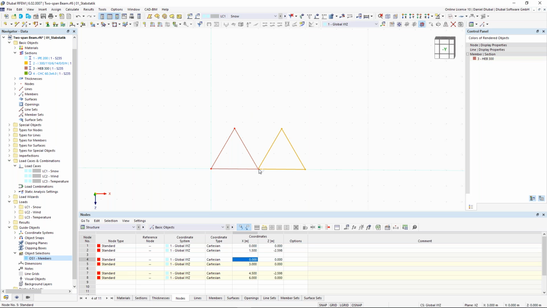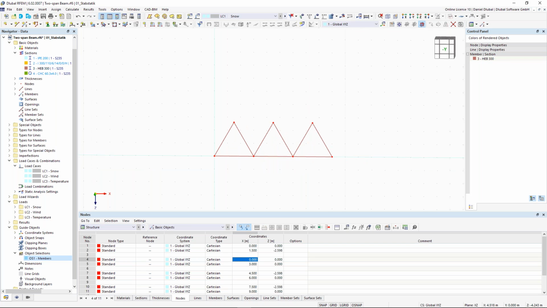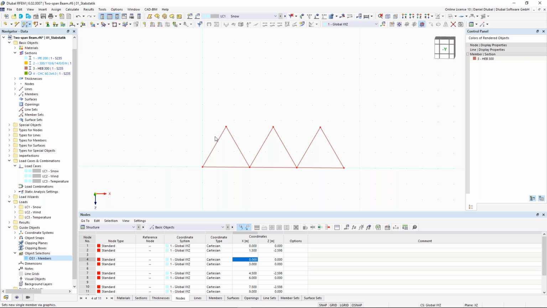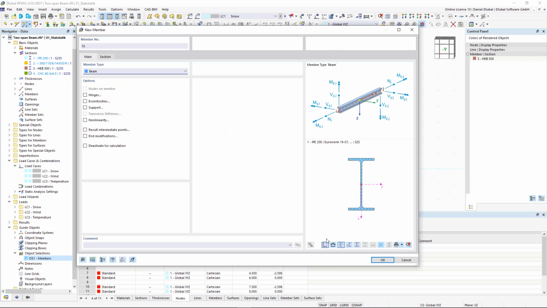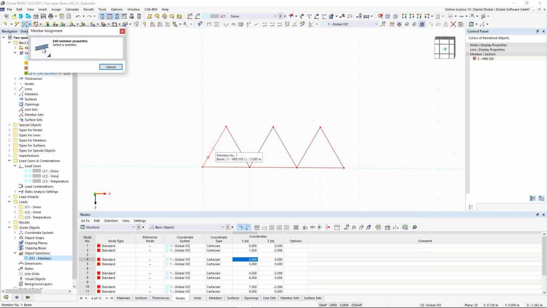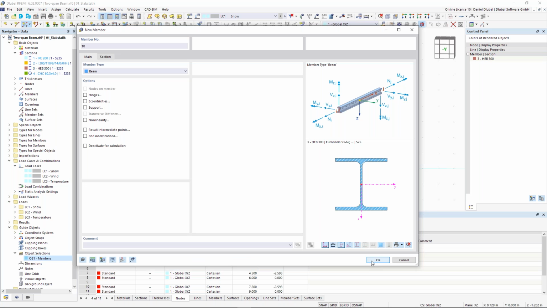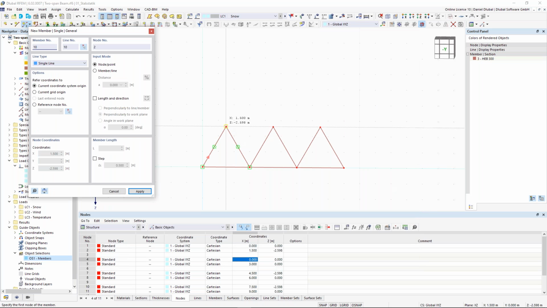Same thing again. I can copy things very easily. And this is my absolute favorite function. Please remember it, you will use it very often. So then I create again a new single member. I choose here the same object properties in graphics. So this enables me a smooth way to insert different objects or members, for example. I click here on OK